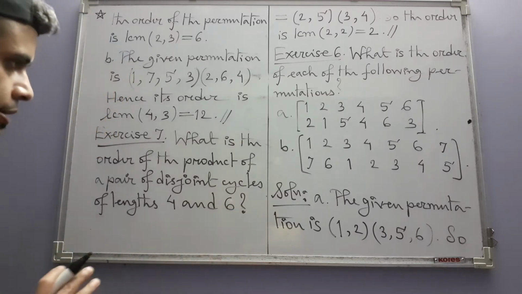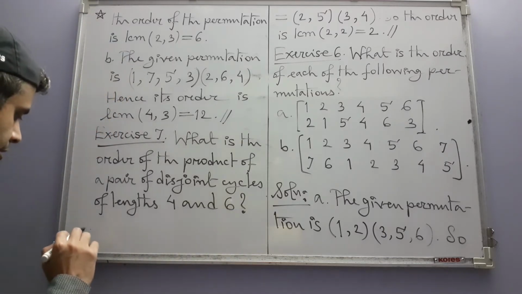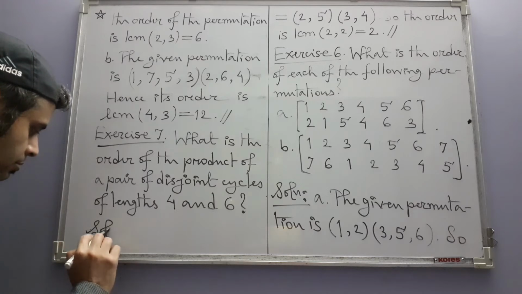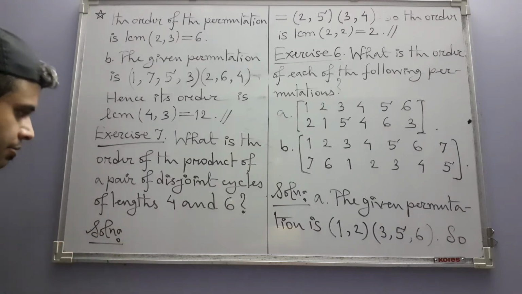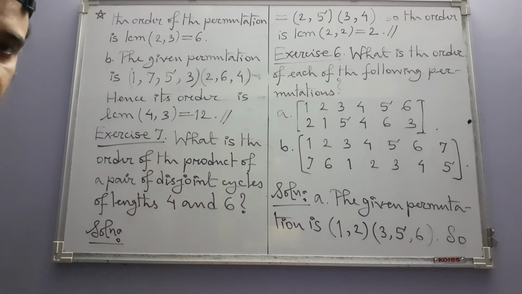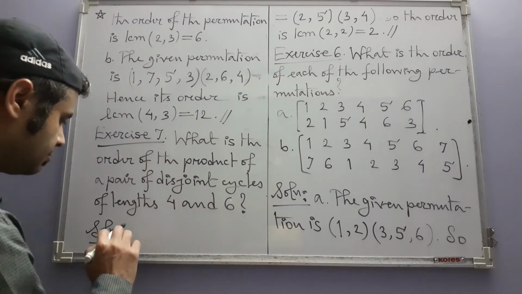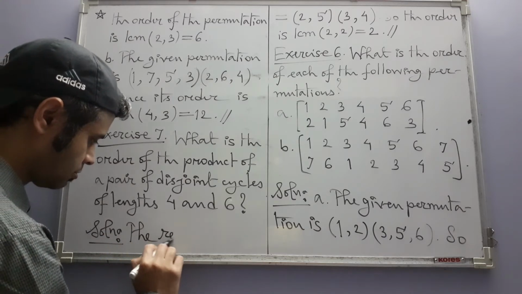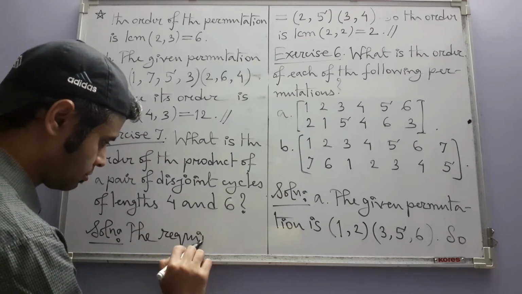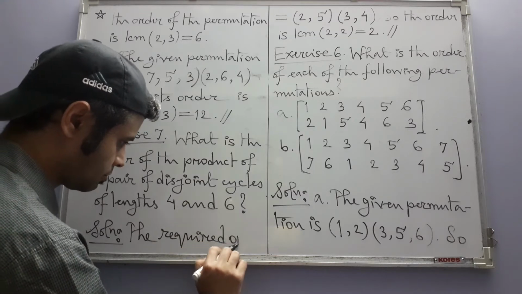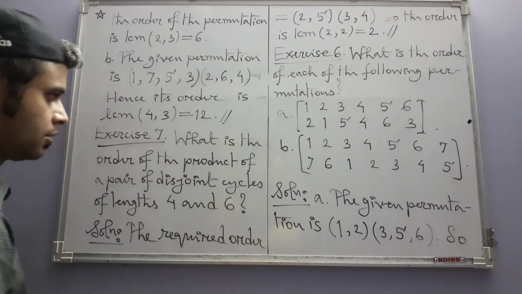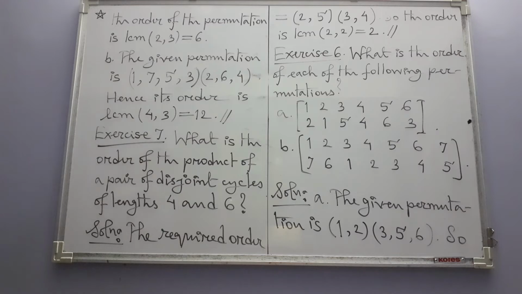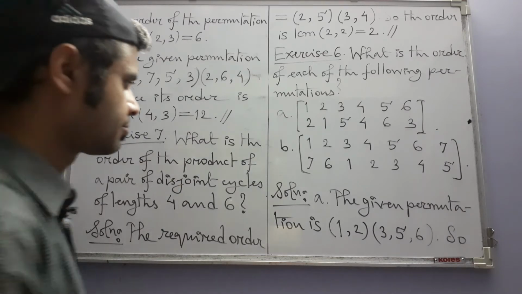So here the cycles are not given, and it does not matter also. That is because ultimately what we need is the lengths of the disjoint cycles in order to calculate the order. The required order is